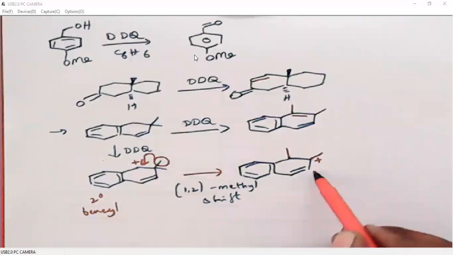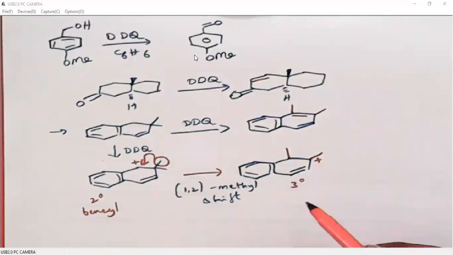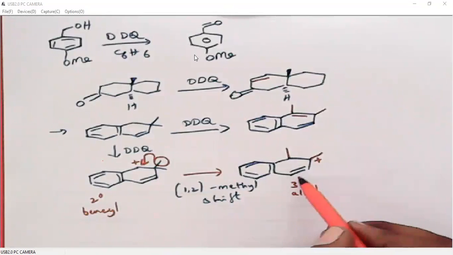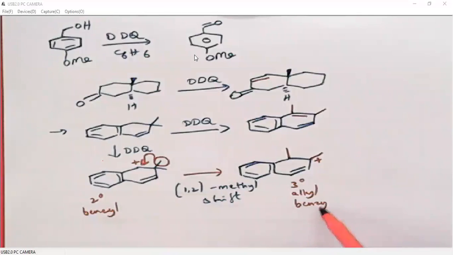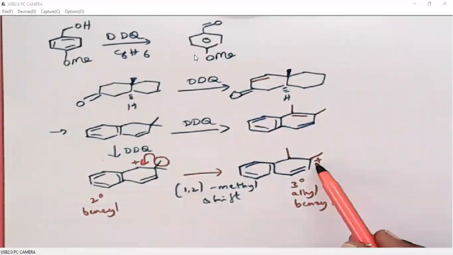But in this system, you see, it is a tertiary carbocation. It is an allyl carbocation. When we polarize this double bond, it becomes benzyl. That means this carbocation is more stable than this. So in carbocations, if there is a possibility for the generation of a more stable carbocation, then carbocation rearrangements will occur, right? So either we can shift an H minus or we can shift an alkyl group so that it generates a more stable carbocation.